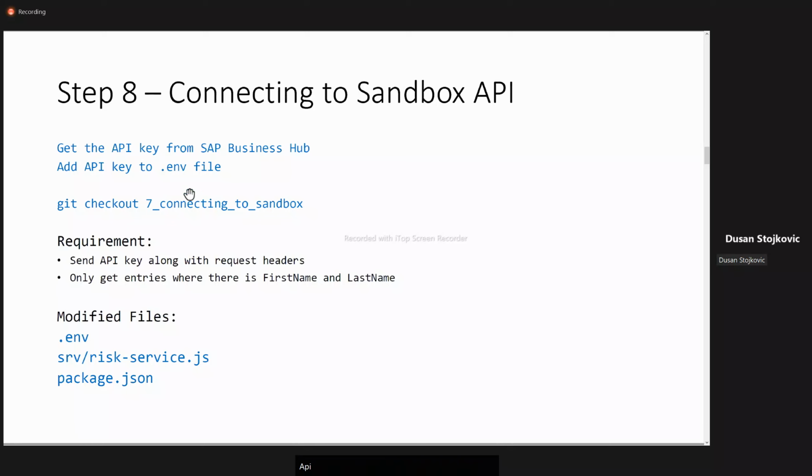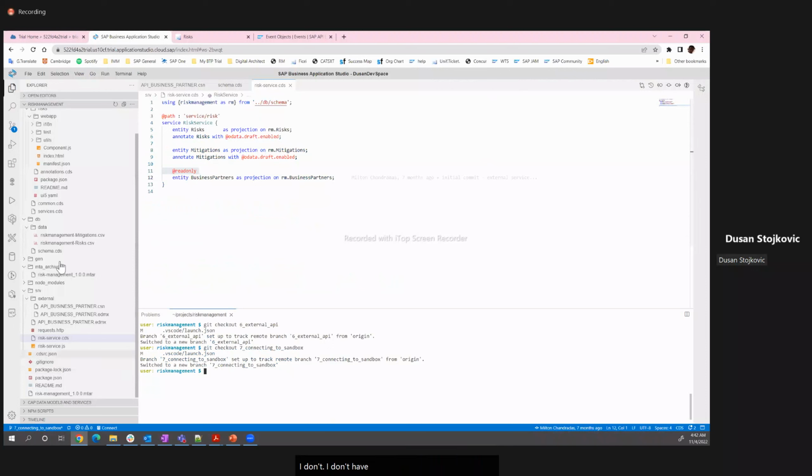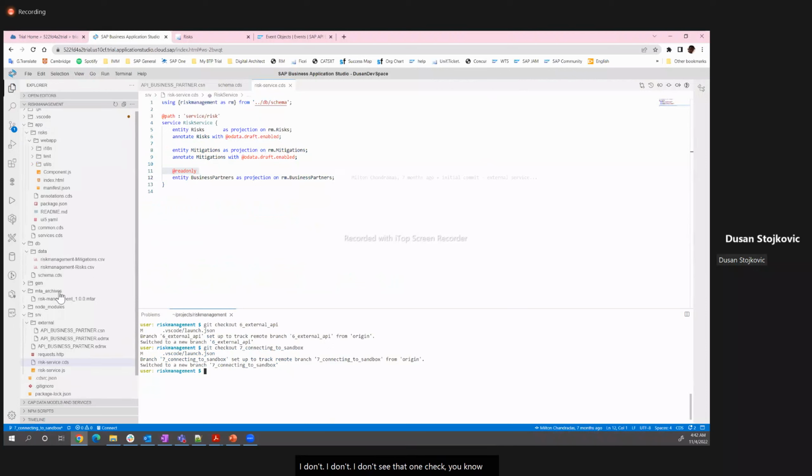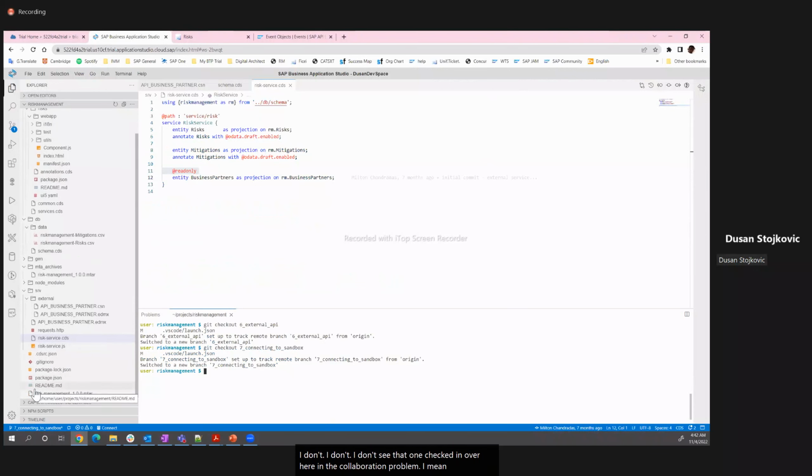Over here we need another branch and code checkout. So it's git checkout 7 connecting to Sandbox. A couple of things we need over here. The first file that jumps in, I don't see that one checked in over here in the code version. Probably with a good reason, because it contains the